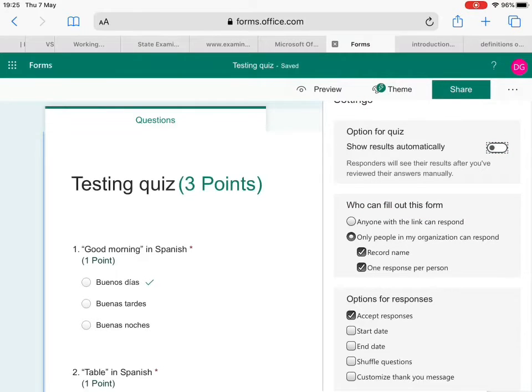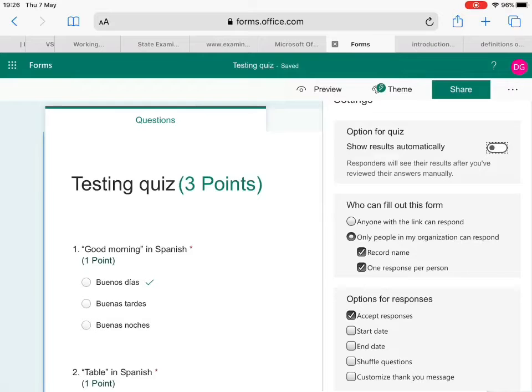I would recommend you not, okay, I would turn it on only if your quiz is about multiple options. But if you are including short answers or long answers, this should be off, and then later you can do the revision,